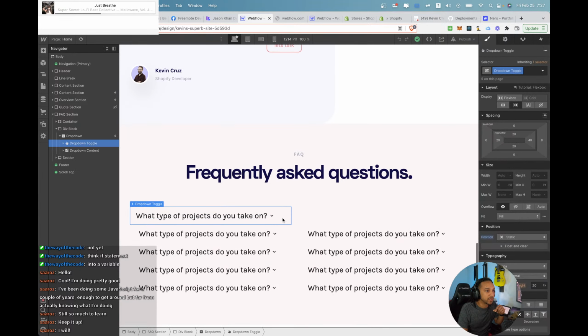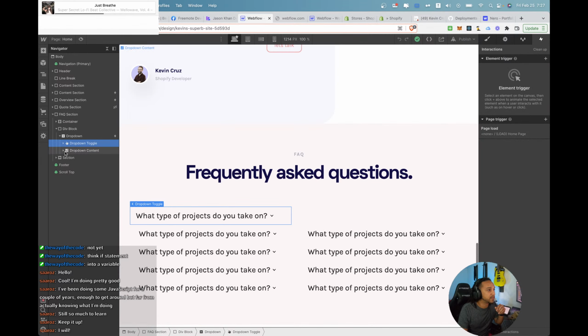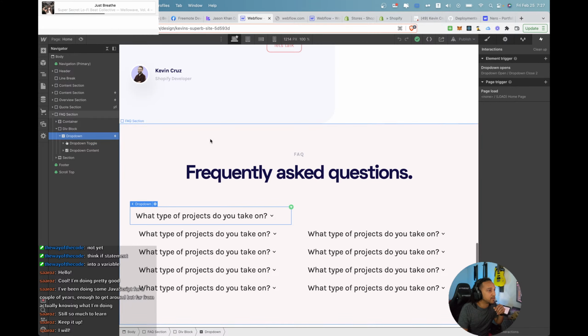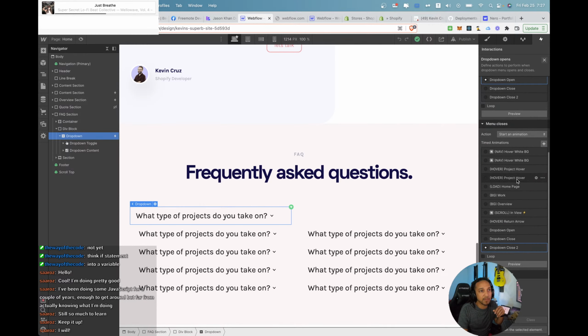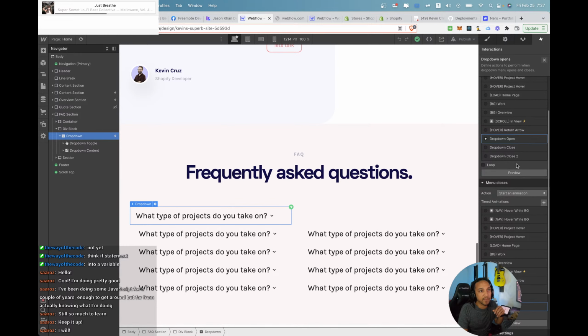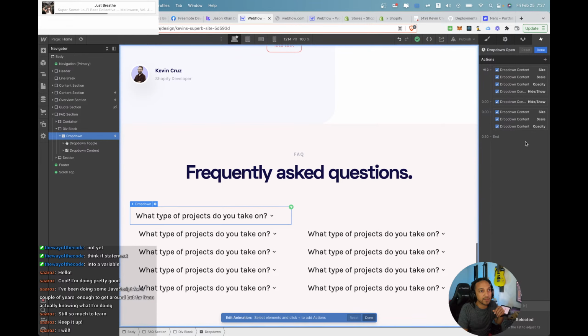All right, cool. So yesterday I got to the point where I can get this to smoothly come down, but because I'm actually making it hide and disappear, I think that might be one of the triggers on why I'm having a hard time. Let's see here. So instead of doing this hide show,